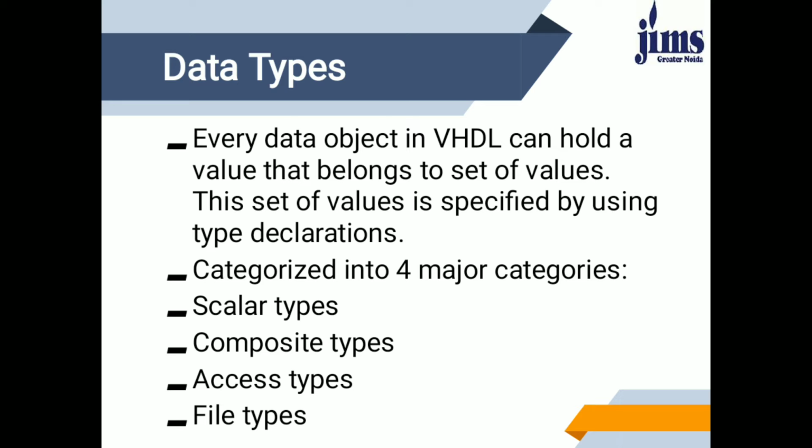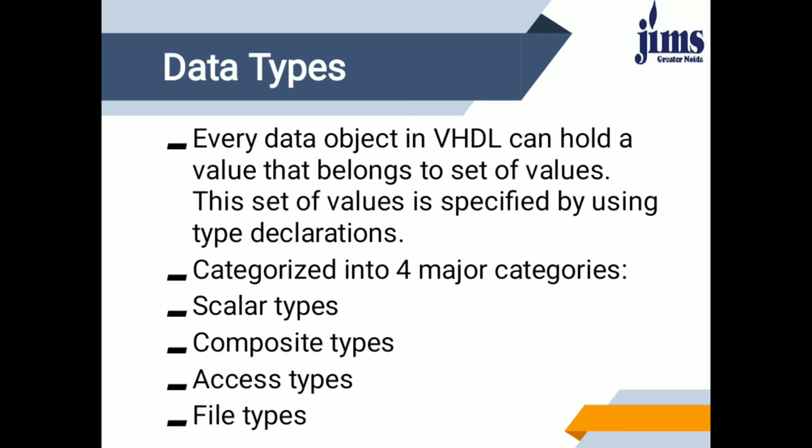That means the values that the signal can take, such as type bit, which means the signal can have values either 0 or 1, or type std_logic, in which the signal can have 8 values that include 0, 1 and high impedance. VHDL supports a variety of data types. The type of variable, signal or constant determines the operators that are predefined for that object, as well as the range of values that it can take on.